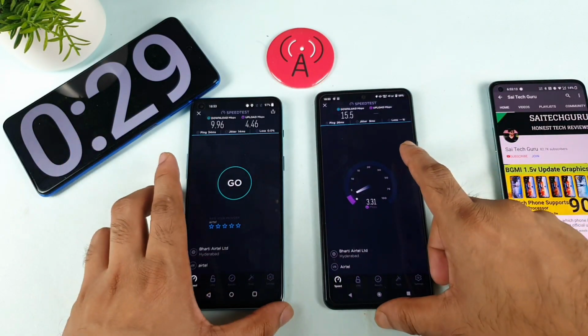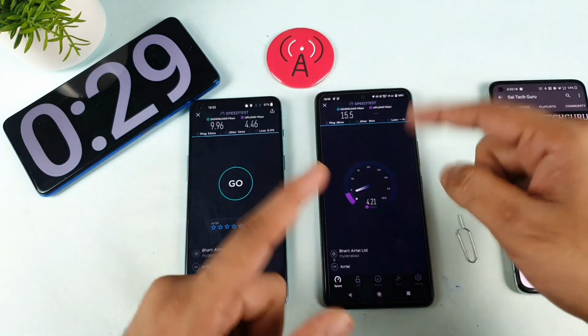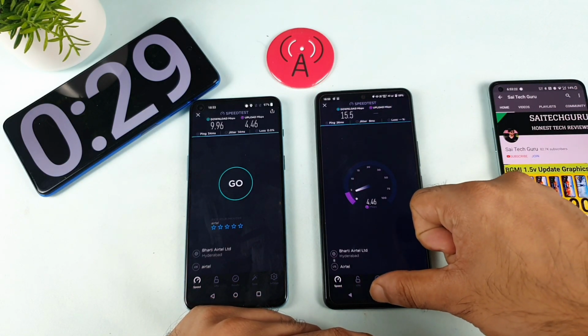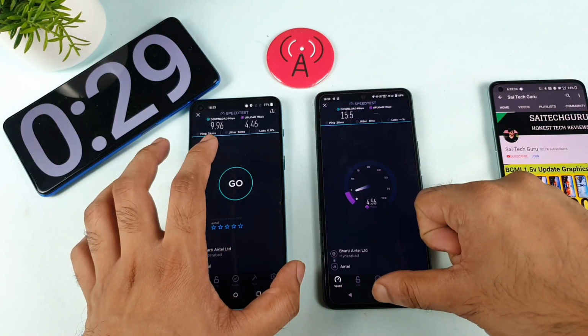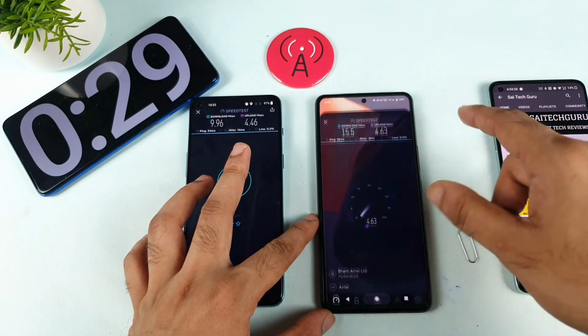do the download test first. After this test, I forgot to do the download test first. Immediately I jumped to the speed test. So wow, those are kind of high scores, more than the OnePlus Nord 2 in terms of the Airtel SIM card. Same location, same band it's connected to, and we're getting different results.